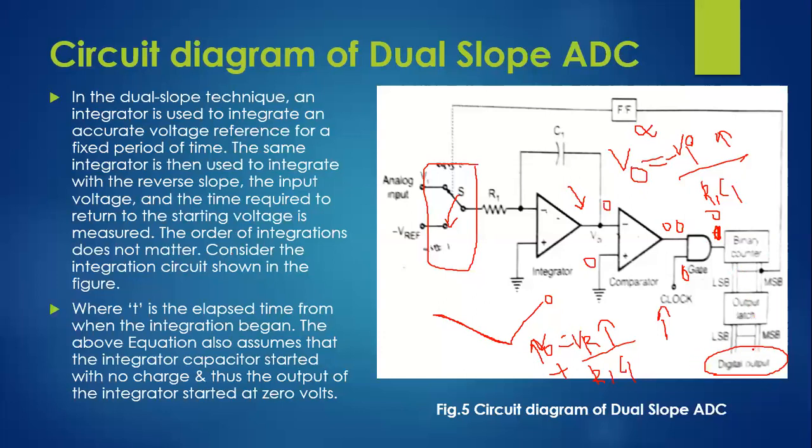This final output will be considered as the digital output for this given analog input voltage. This is the process that has been involved in this circuit. So here the actual conversion of analog voltage Vin into digital count occurs during T2. The control circuit connects the clock to the counter at the beginning of T2.